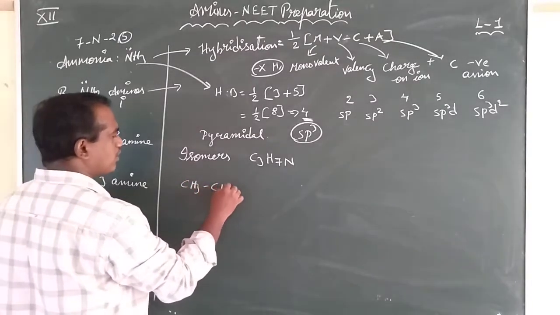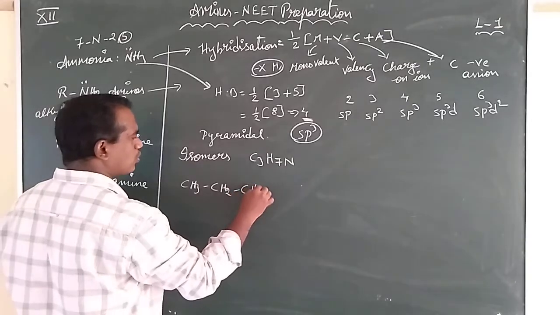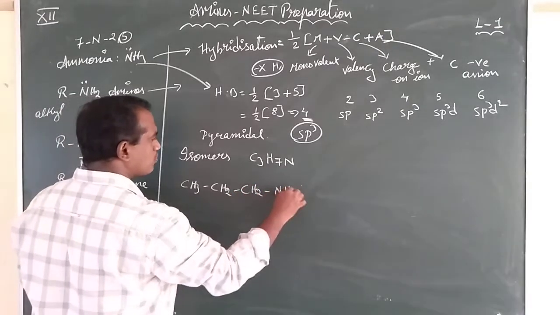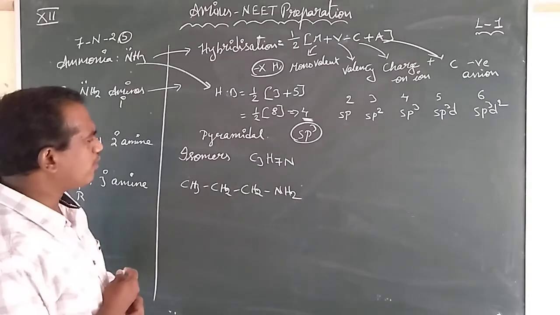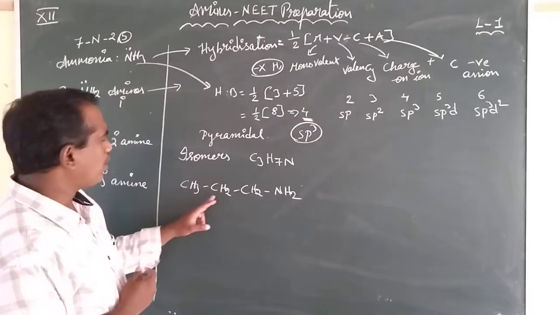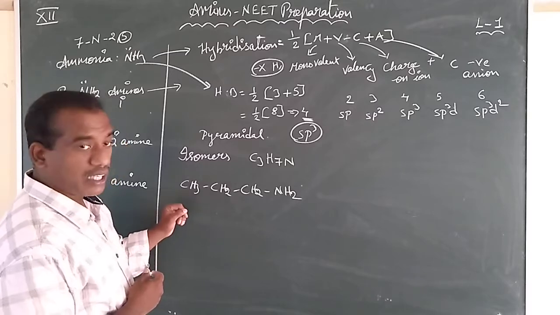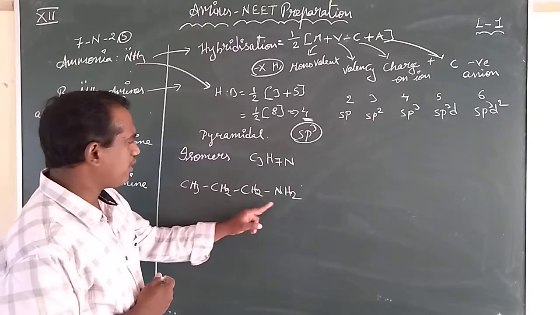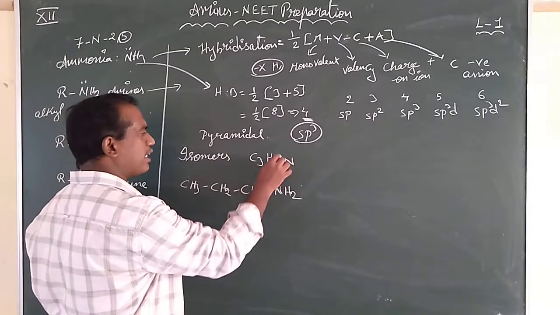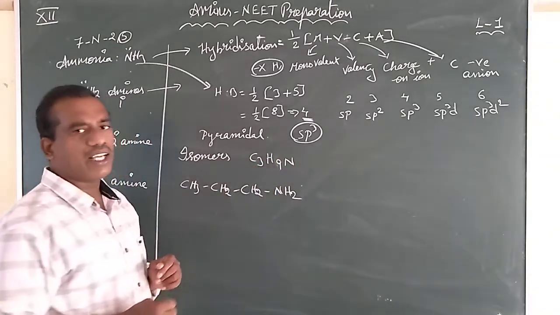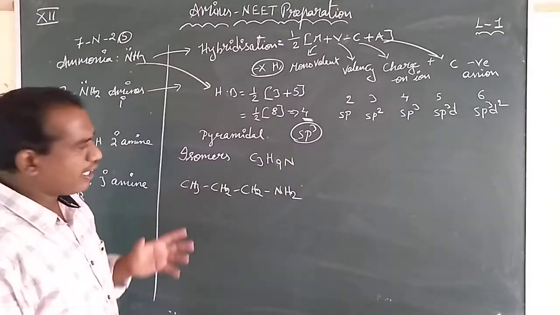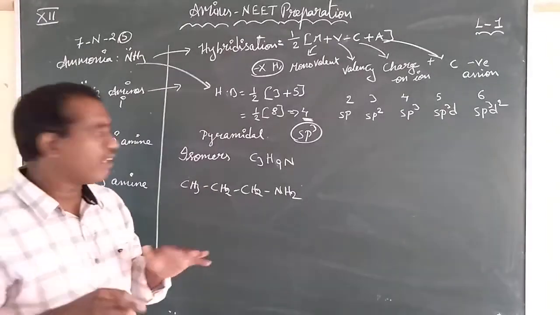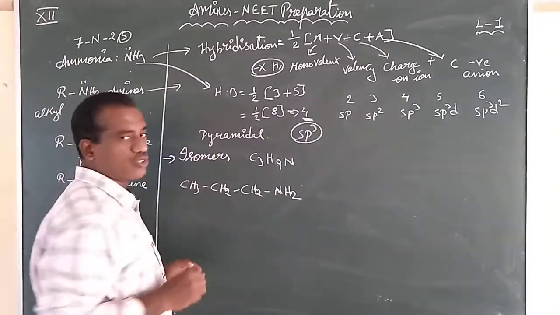CH3, CH2, CH2, NH2. See how many hydrogens we have here? Better to count: C3, 1, 2, 3, three carbons are there. Hydrogens are 5, 7 and 9. So let me correct the formula: it is C3H9N. So in this C3H9N, one of the isomers, first thing, whenever they ask a question regarding isomers, you write